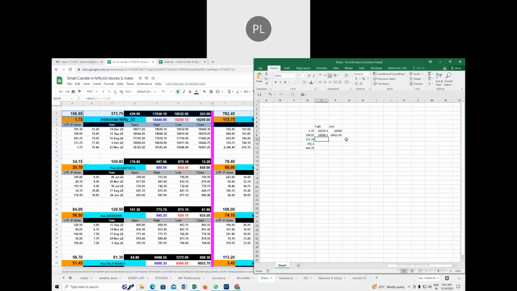Similarly, corresponding to 373, you can see that the high is 18,654.90 and 18,577.90 low, and the corresponding value for 391.30 is 18,696.10 and 18,632.90, and the corresponding values for 443 is 17,839.10 and 17,764.05. So these are the five values that we have derived from the analysis. Now this is for Nifty,